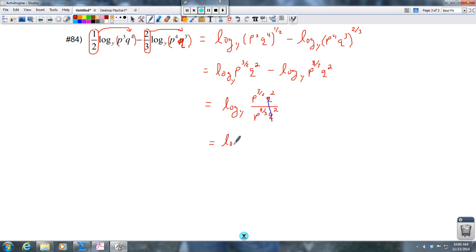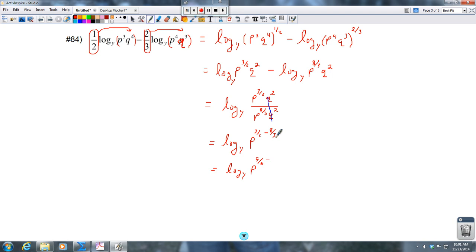The p's, you have to follow your exponent rules. And the exponent rules say, and you don't have to write this, but you have to do this. You have p to the 3/2 minus 8/3. You have to subtract your exponents when the bases are being divided. So let's see, what do we have? Log base y of p to the, now just to show you, you know, a calculator can do this, but you're getting common denominators, and the common denominator between 2 and 3 is 6. So if I multiply this 2 by 3, I get 6, but I have to multiply this 3 by 3. So that means this is 9/6